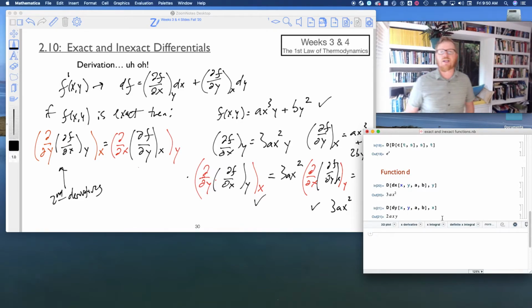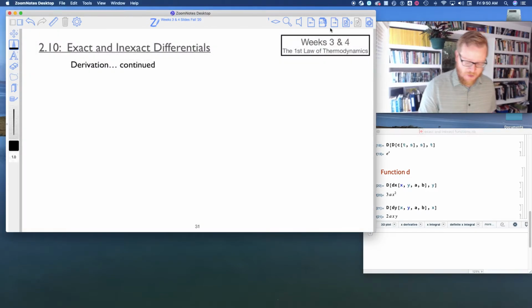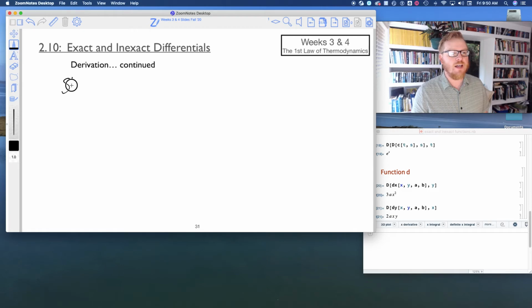Aha! Those two results were not the same. So function d is not exact. So what does that mean? What are the consequences of that? Okay. Well, as it turns out,